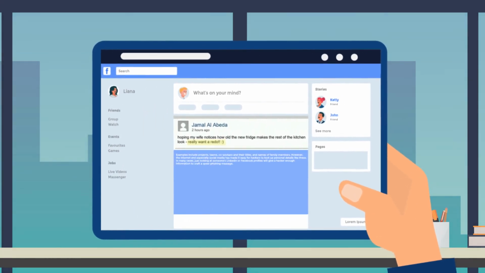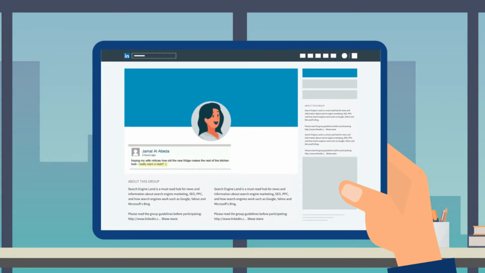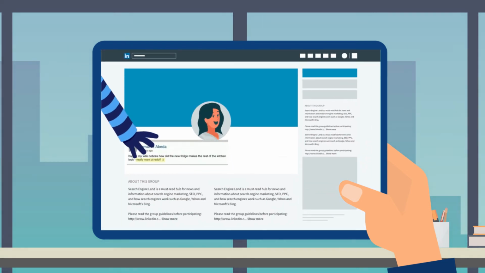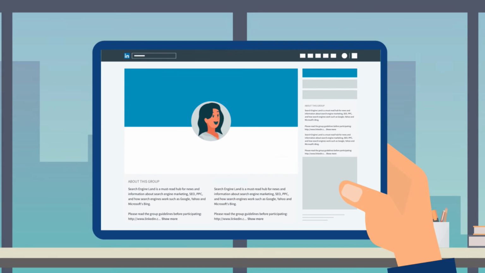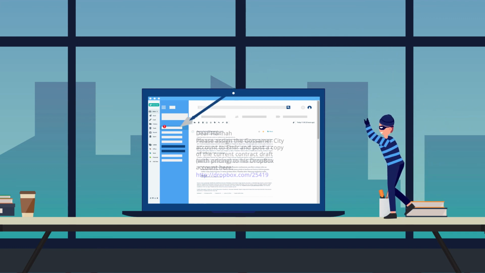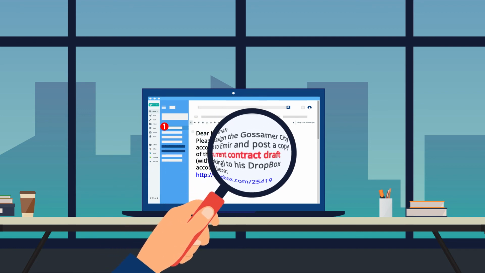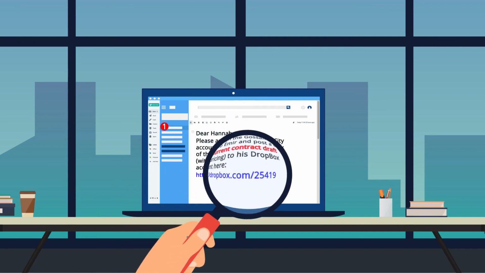However, the internet, and especially social media, has made it easy for hackers to look up personal details like this. In many cases, just looking at someone's LinkedIn or Facebook profiles will give a hacker enough information to craft a spear phishing message. Let's look at an example of a spear phishing attack. This attack, like most spear phishing attacks, is well targeted and quite effective. This spear phishing email was sent to Hannah from someone claiming to be her manager and asked her to upload a sensitive document regarding a government contract to a website.